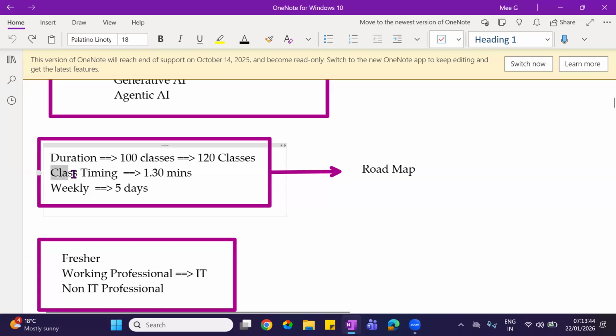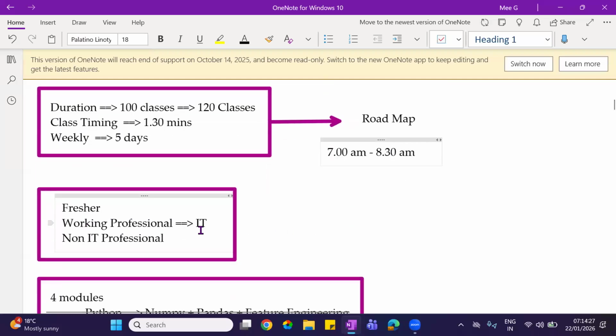The class duration will be 1 hour 30 minutes on a daily basis, 5 days a week, and the timing will be 7 a.m. to 8:30 a.m. Indian time, I'm talking about IST.